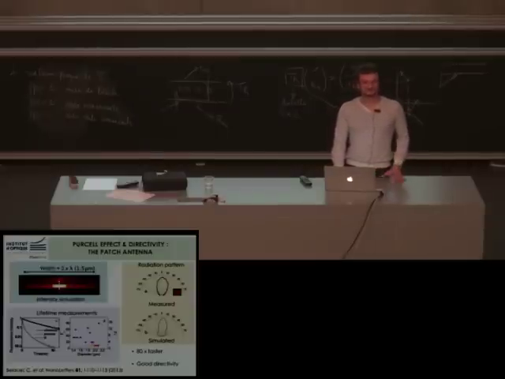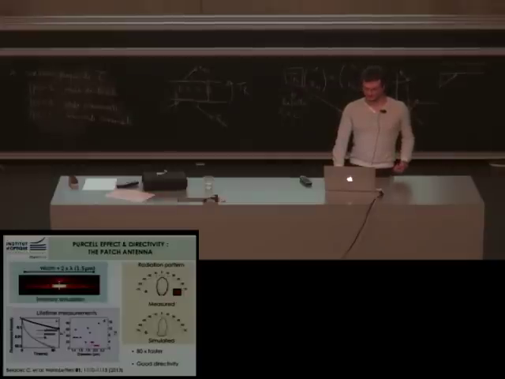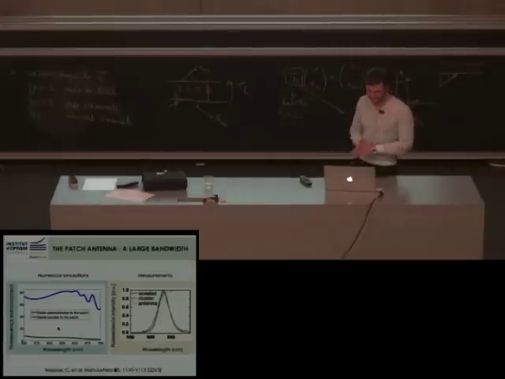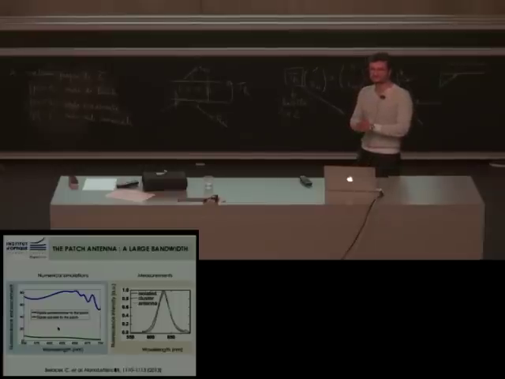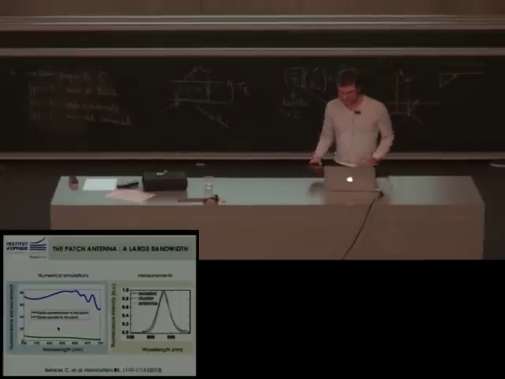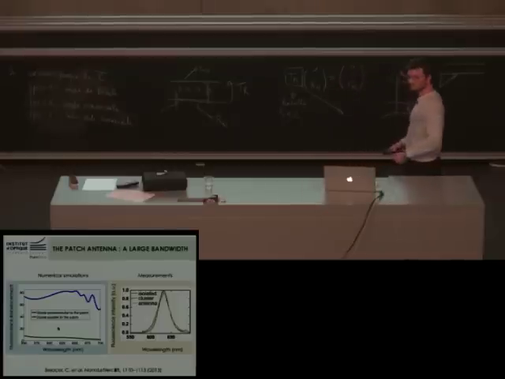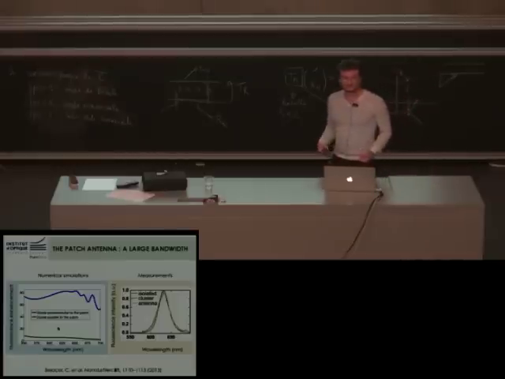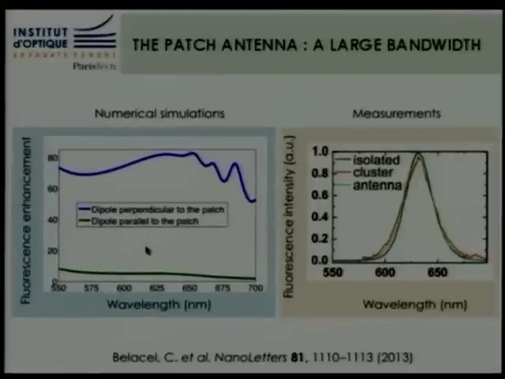So then we've got an enhancement factor of 80 and a good directivity. So now let's see if the bandwidth issue is addressed. So one must check that this antenna is indeed broadband. So when computing the fluorescence enhancement with the wavelength, one shows flat responses for all the orientations